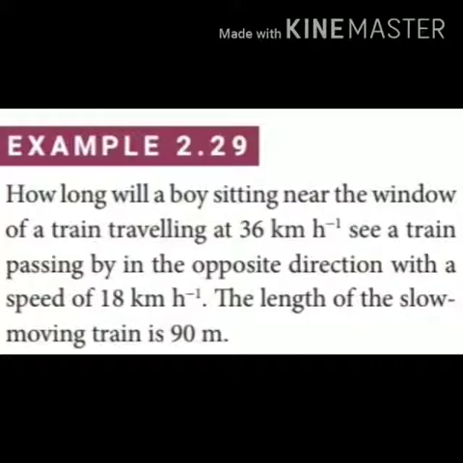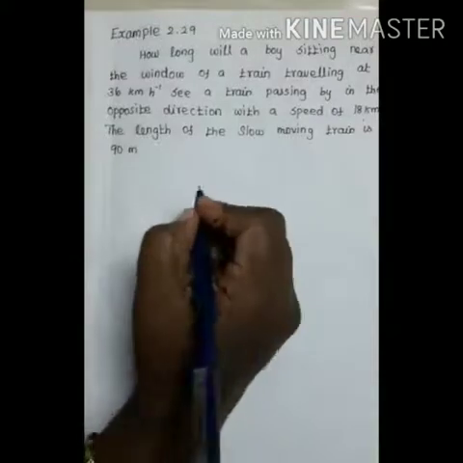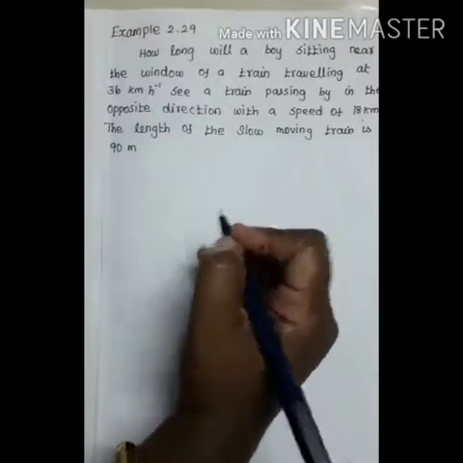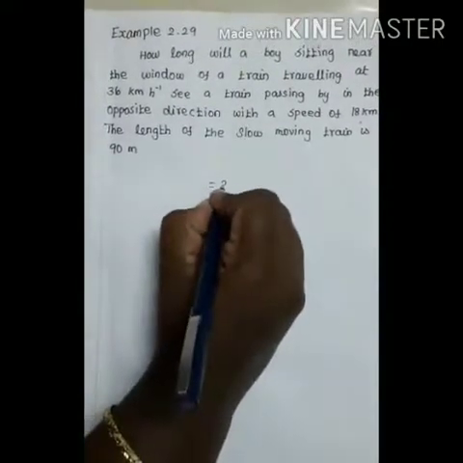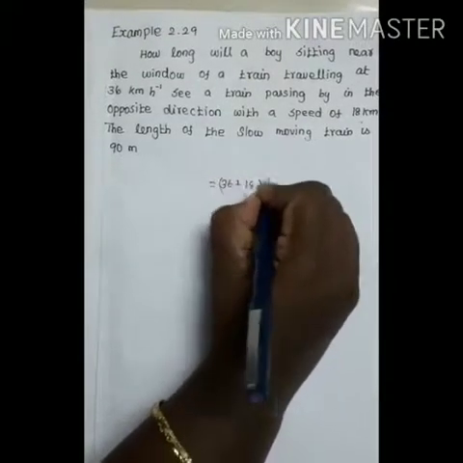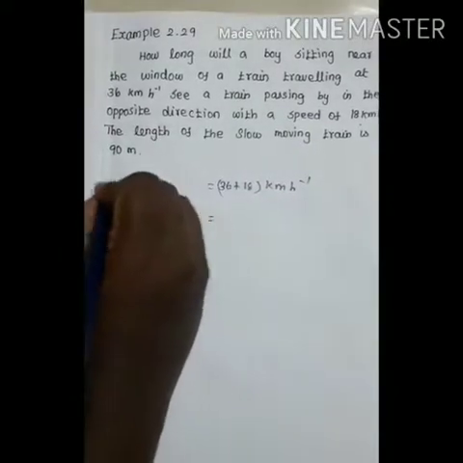A boy is sitting near the window of a train; the velocity of the train is 36 km/h. In the opposite direction, the other train's speed is 18 km/h. The relative velocity of the slow moving train with respect to the boy: both velocities are added. Therefore, 36 plus 18 km/h, so the relative velocity